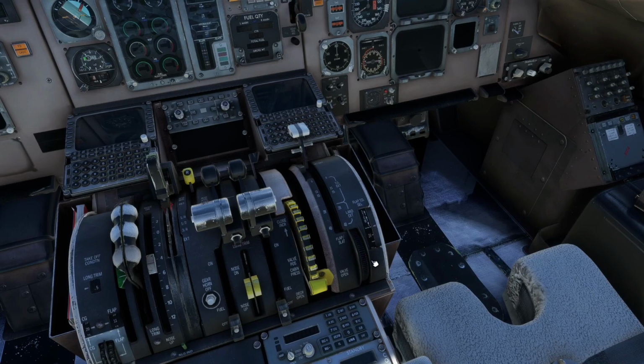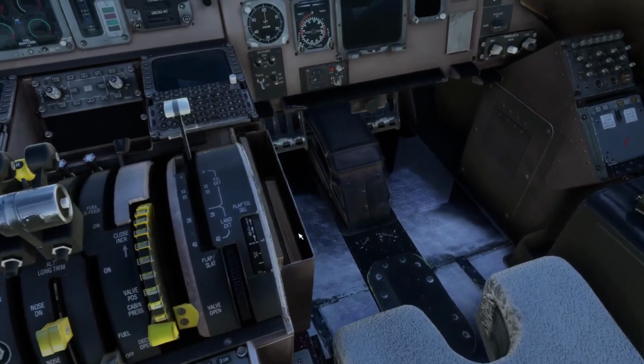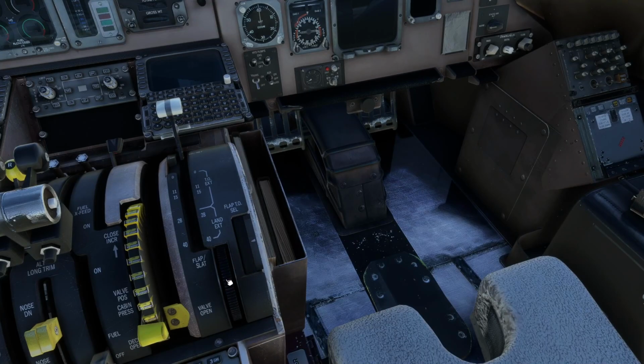You got your flap handle right here, and dial-a-flap. Dial-a-flap is only used for takeoff. It should always be in the stowed position for landing. There is an exception. I'm told Delta was told they could set up to, I think it was 23? Yeah, I think it was 23 or 23 and a half was the maximum you could set so